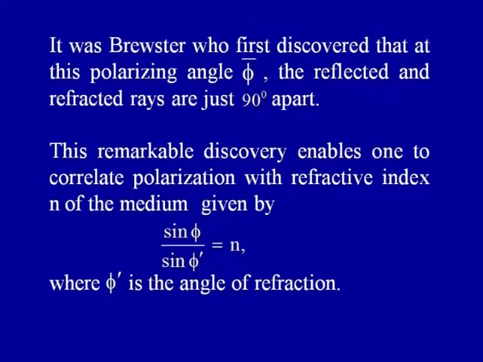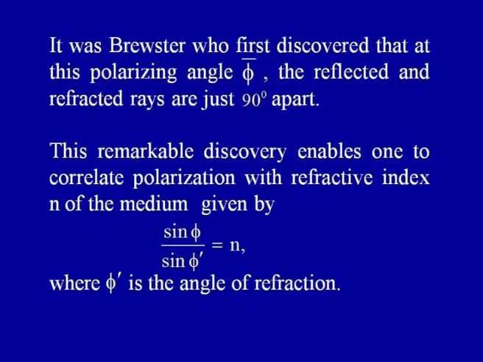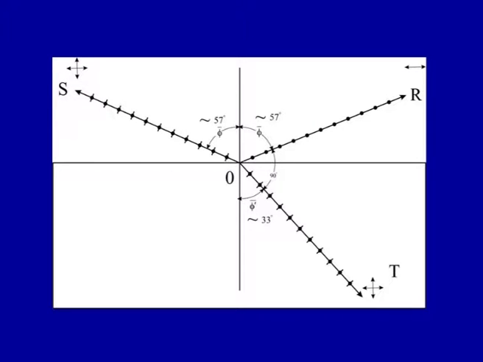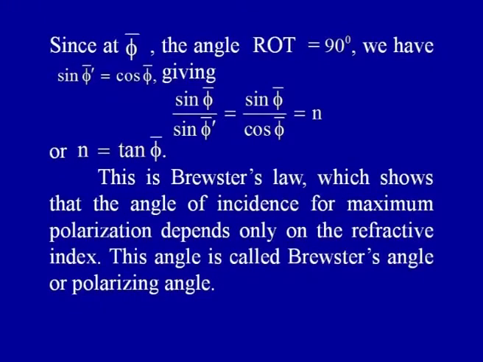It was Brewster who first discovered that at the polarizing angle phi bar, the reflected and refracted rays are just 90 degrees apart. This remarkable discovery enables one to correlate polarization with the refractive index n of the medium, which is given by sin phi divided by sin phi prime equal to n, where phi prime is the angle of refraction. Since at phi bar the angle ROT is 90 degrees, we have this sort of relation between phi bar and phi prime bar,